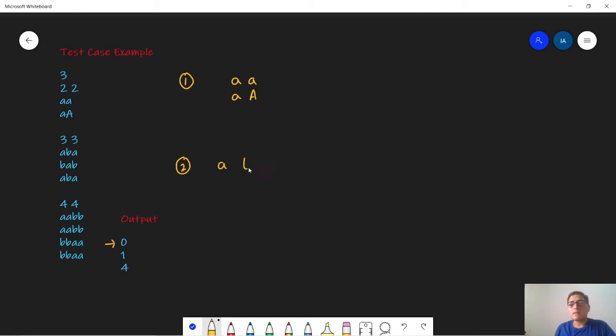In the second test, we have this grid. As you can see, there is only one square that satisfies all the conditions, which is this big square containing this point, this point, this point and this point as the corners. It has size 4, the sides are parallel to the sides of the garden, and all the 4 corners have the same color, equal to small a. Hence the total number of squares is 1, so we will output 1. So guys, try to do the same thing for this third test yourself.